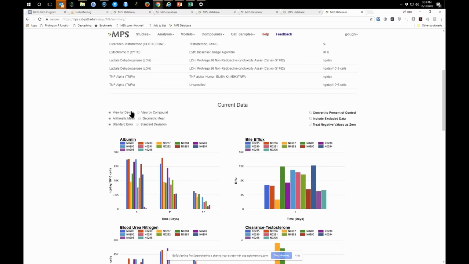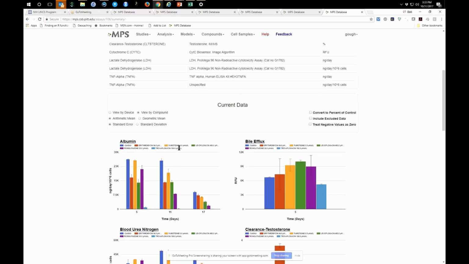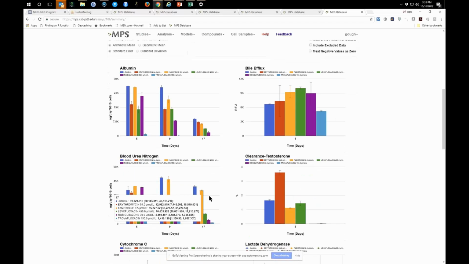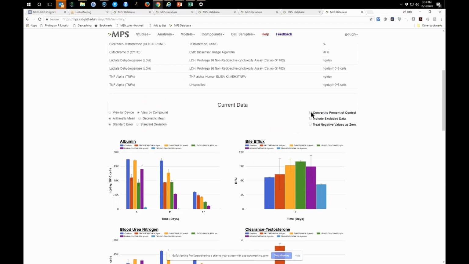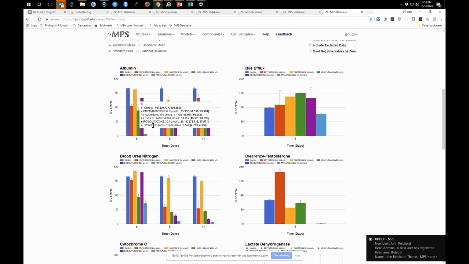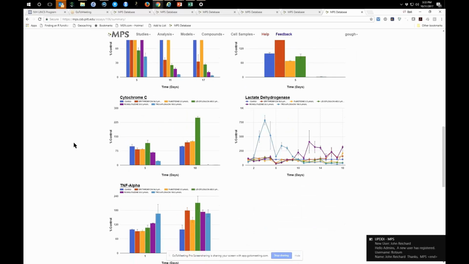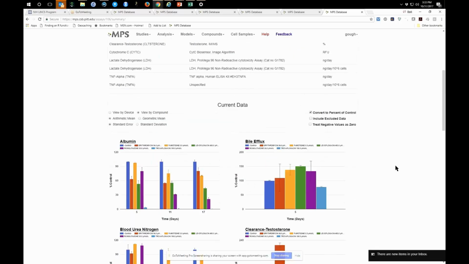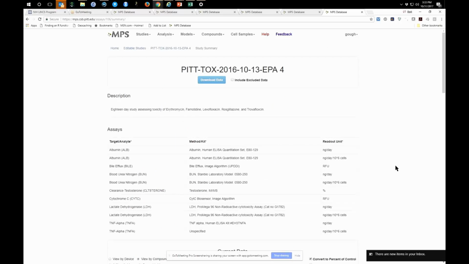They're displayed here by device, but you can also click and convert it to a display by compound. So now you can see that each of these bars represents a particular compound in that device at a particular time point. So you can compare across compounds. And then if you want, you can convert all of these to percent control to make it even easier to compare the response to each compound over time, or compare the results between different compounds. So there's a good degree of flexibility. It's not a super flexible graphing package or anything like that,